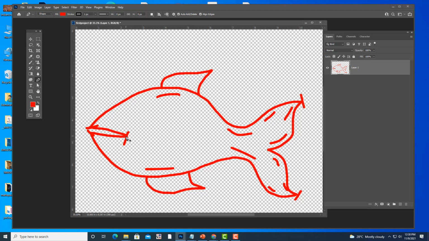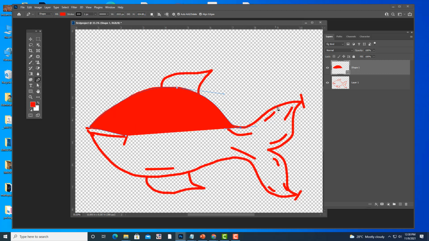So what you have to do, click and click, and then come here and drag. When you are dragging, we should not wait, we should immediately drag like this. Okay, and this is also a rounded corner, so drag. See, and this is also a rounded corner, we have to drag.